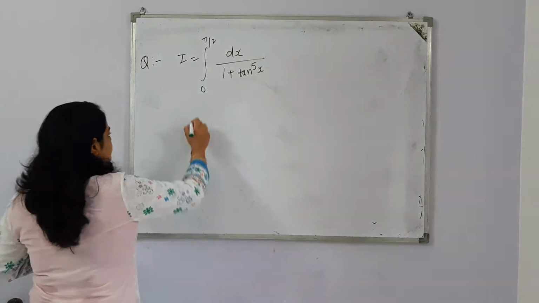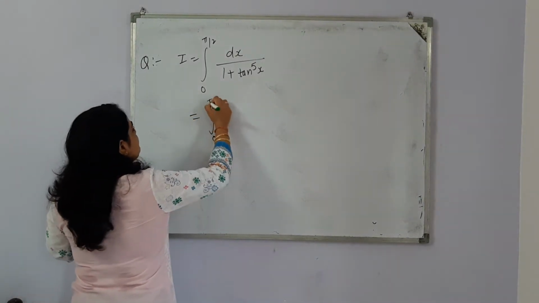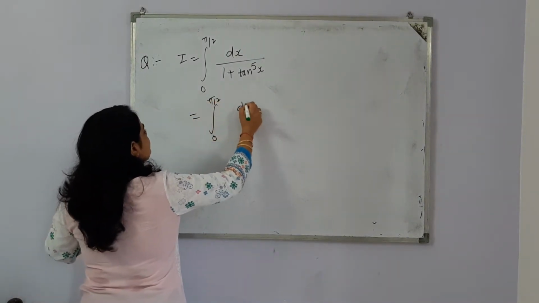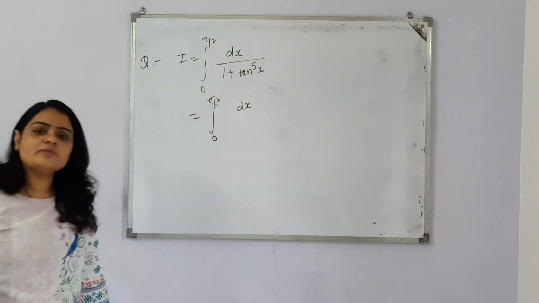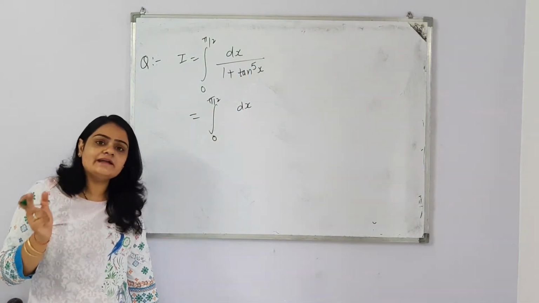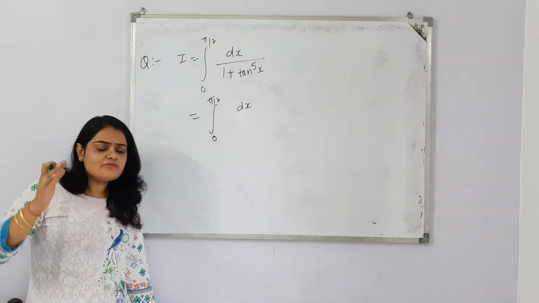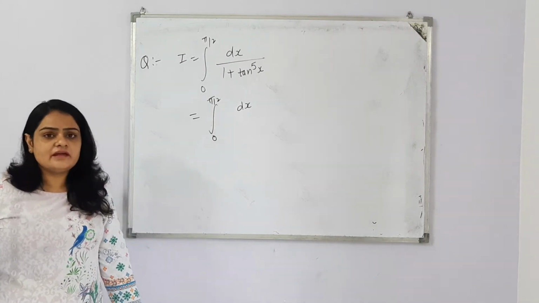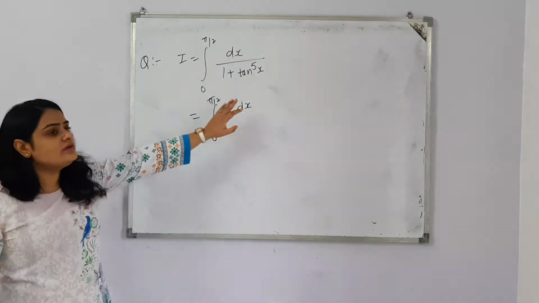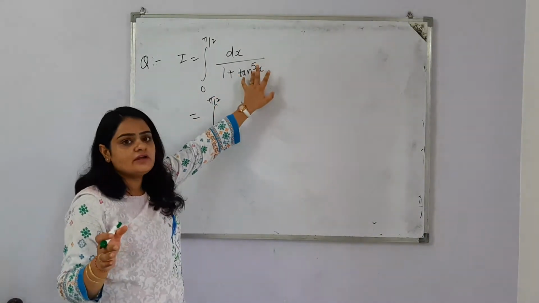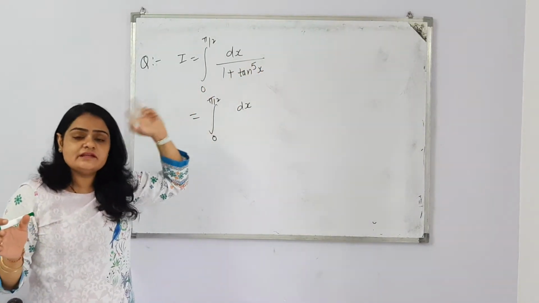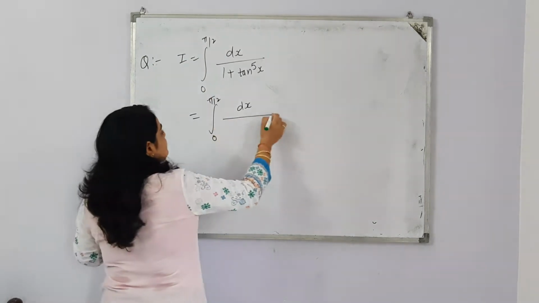How? The second complexity that you see here is the power 5, tan raised to power 5, because there are many identities in trigonometric ratios, but we don't have any identity with power 5. So this is the next complexity in this question. How can we tackle this type of question?